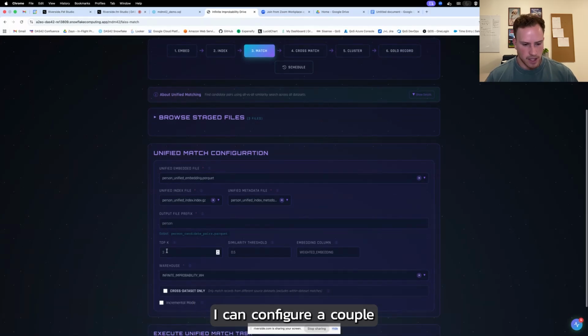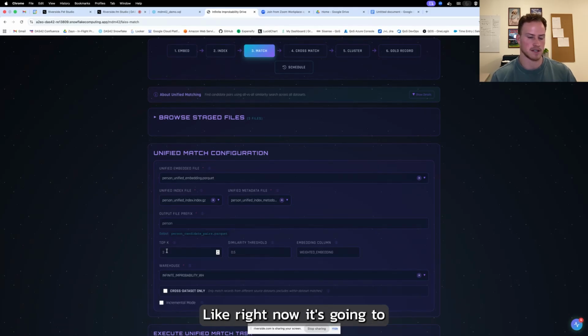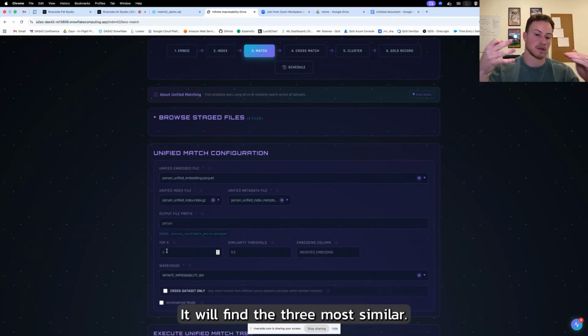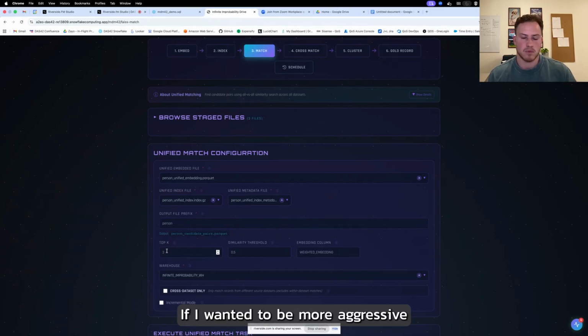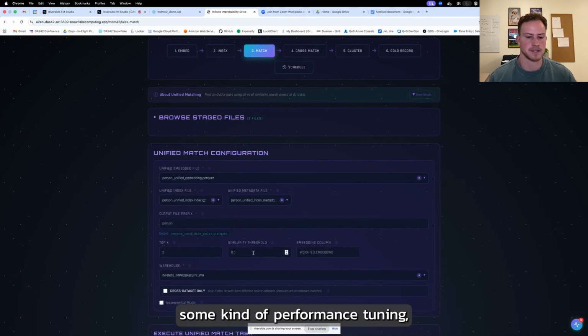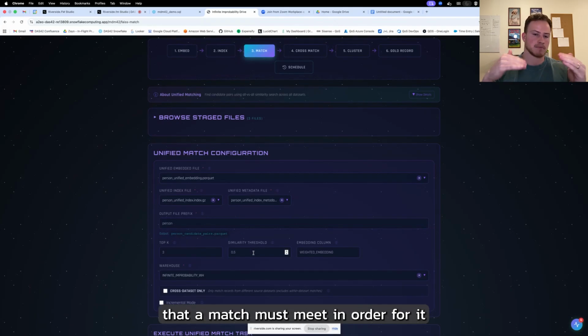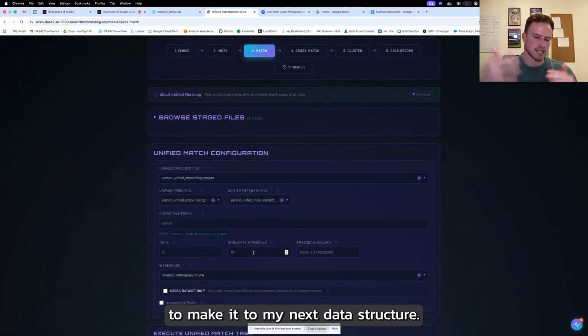I can configure a couple of in-the-weeds parameters, like how many top K nearest neighbors I get to pull through. Right now, for every single record, it will find the 3 most similar. If I wanted to be more aggressive and cast a wider net of potential matches, I could just bump this number up. I can also configure some performance tuning, if you will, where I can set a baseline similarity threshold that a match must meet in order to make it to my next data structure.